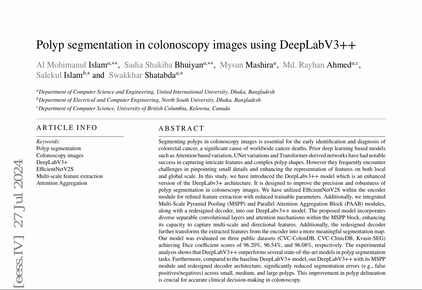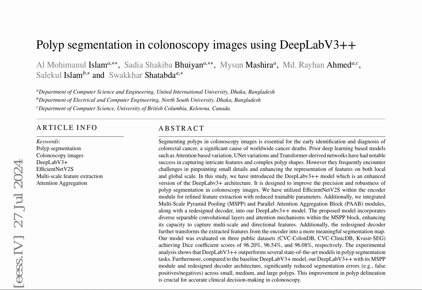Researchers have introduced an enhanced version of the DeepLabV3 Plus architecture, dubbed DeepLabV3++, for polyp segmentation in colonoscopy images. This model aims to improve the precision and robustness of polyp segmentation, which is crucial for the early identification and diagnosis of colorectal cancer. The proposed model incorporates EfficientNetV2S within the encoder module, enabling refined feature extraction with reduced